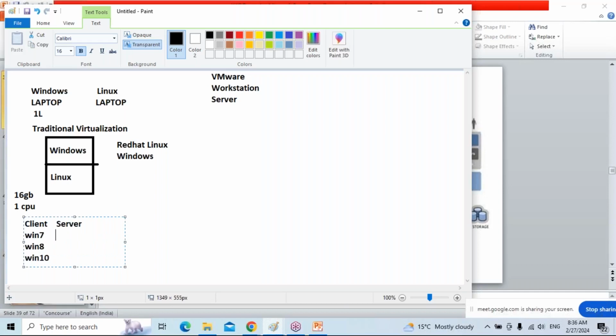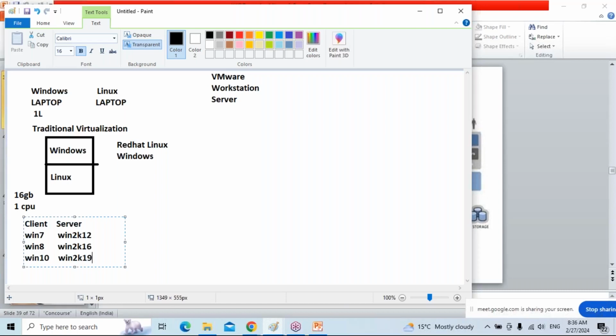Server OS are Windows 2012, Windows 2016, Windows 2019. All these are server operating systems. Microsoft classifies them as two types, client OS and server OS. Most people know only client OS. Very few people know the server operating systems.